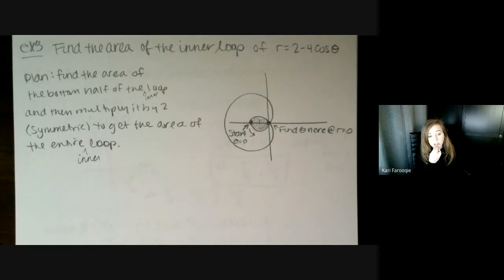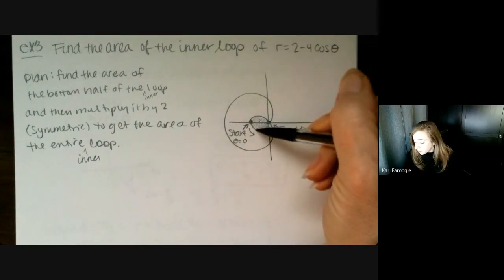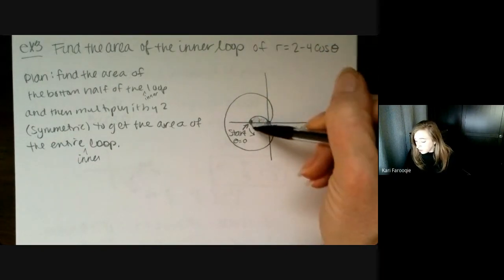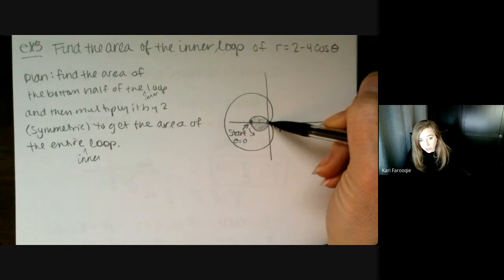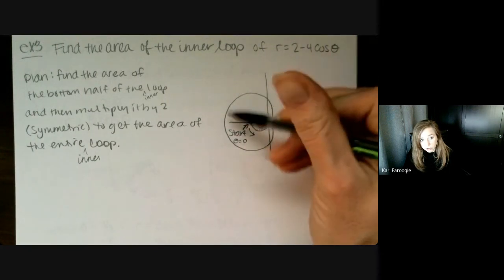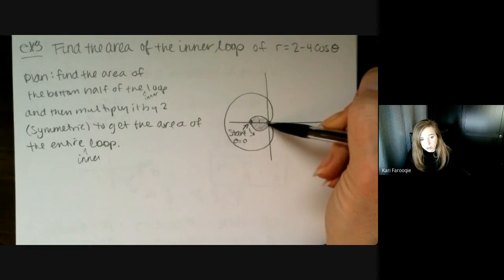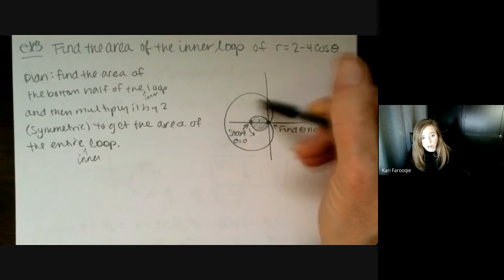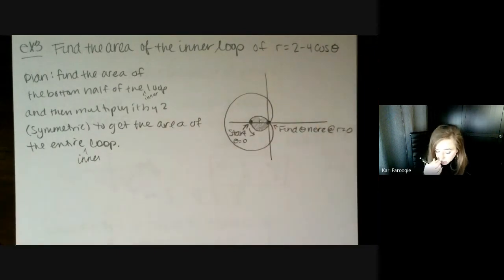Now, of course, that's going to happen more than one time, which is where you're going to get this intersection. So the first place that occurs is going to be as we head underneath this inner loop on the underside of it and head through. And the second place where that occurs is down through here when it goes through again. So we don't want the second place where it occurs, otherwise we're getting all this area in between, which we don't want. So we're going to look for the first place where that occurs.